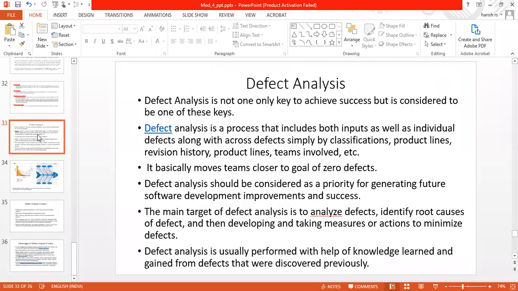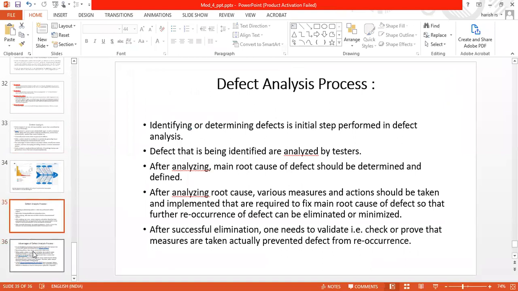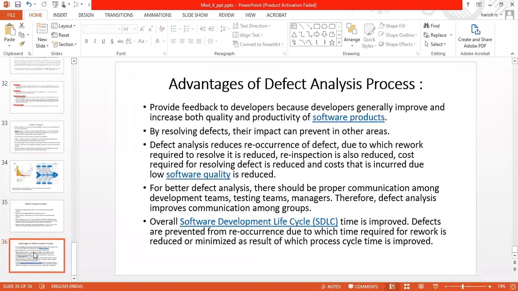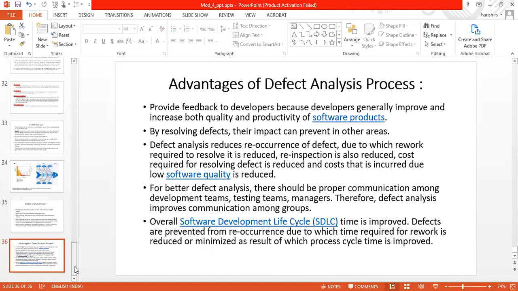So some examples of how the process is carried out, and the advantage of defect analysis, these things are being completed today. We first saw the defect life cycle.